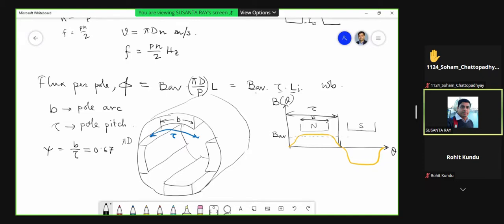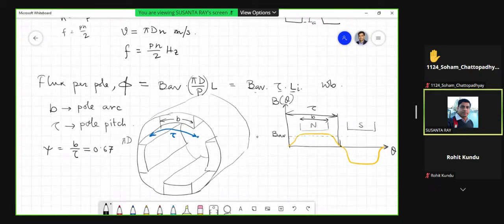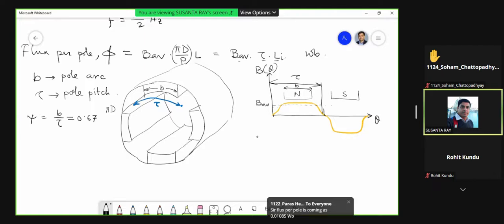So what is the average flux density? We get this average flux density by integrating the actual flux density over one pole pitch. We are interested only in this flux phi. So this is how we got this. Now, if we have the value of phi and all the other values in the expression of back EMF, then we can calculate the number of conductors.